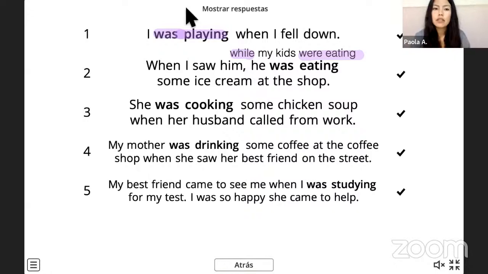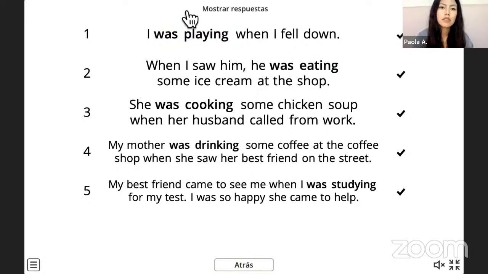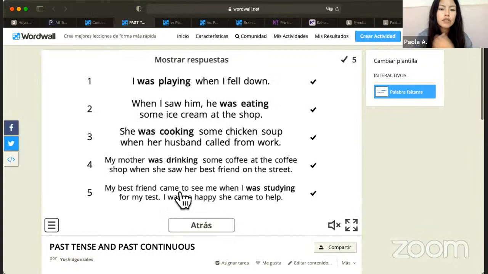So that's basically the summary for this topic. I hope you understand a little bit better. Activity in English lab. So that's all for today's